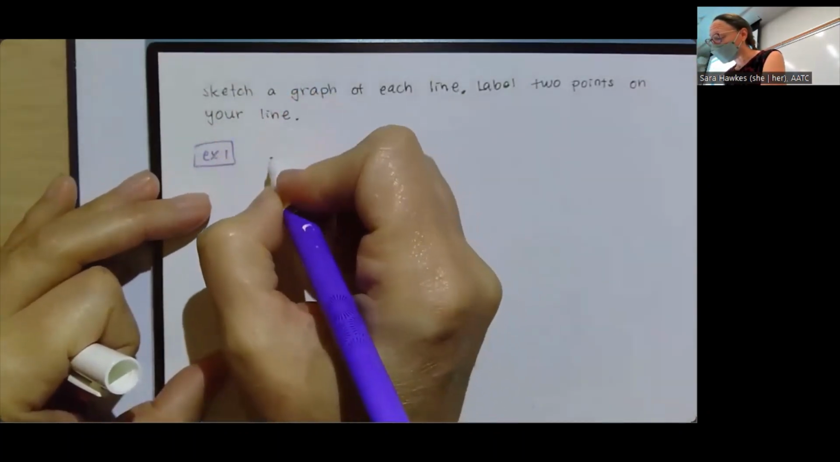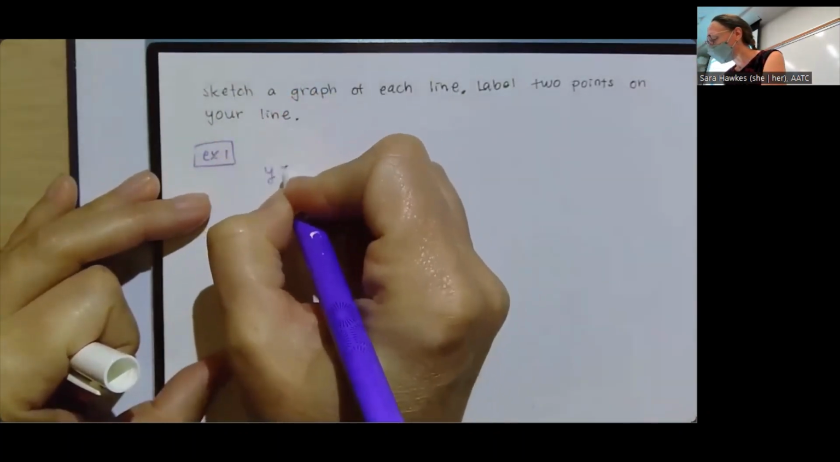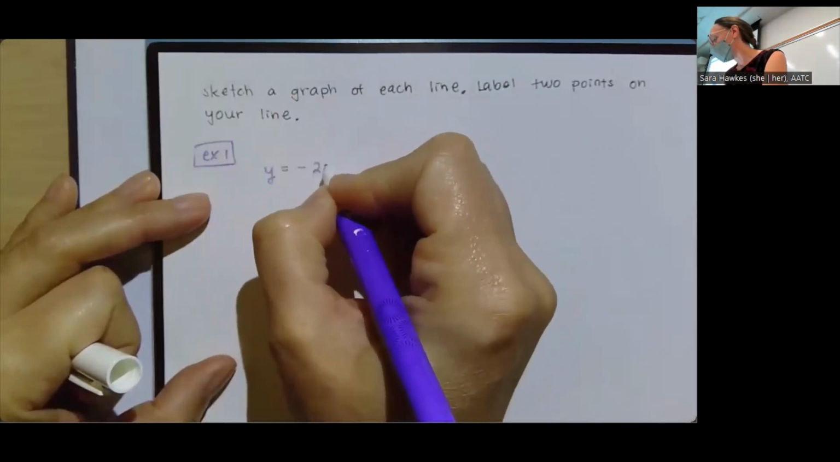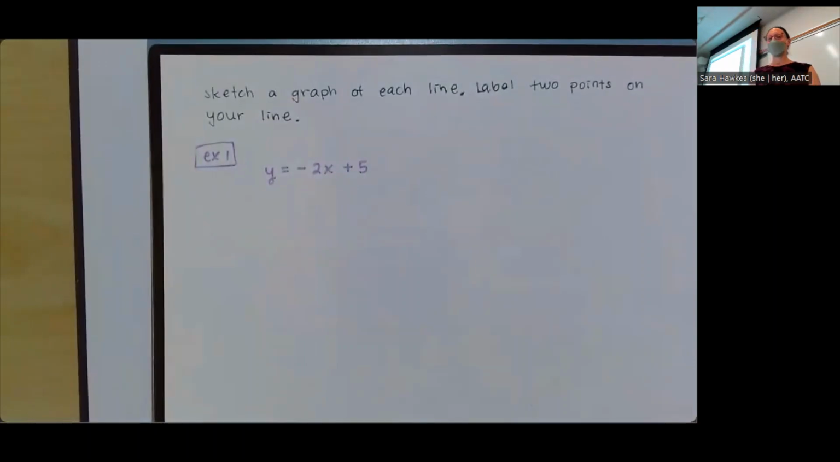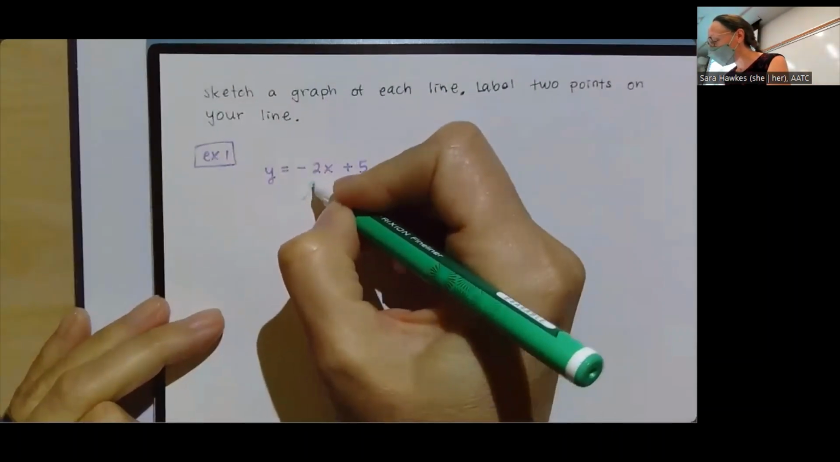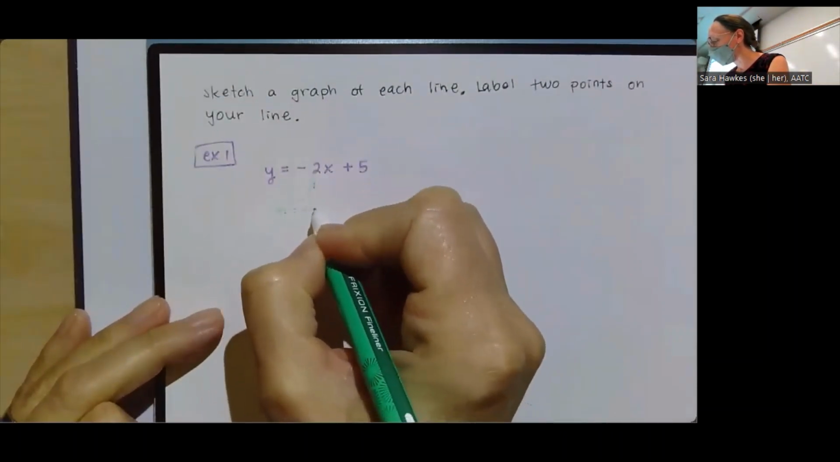So if I said we had something like y equals -2x plus 5, and I'm about to go graph that, I'm going to give us some options for what we can do. The first thing I'm going to say is that because it's in this slope-intercept form, I can read off already that my slope is -2